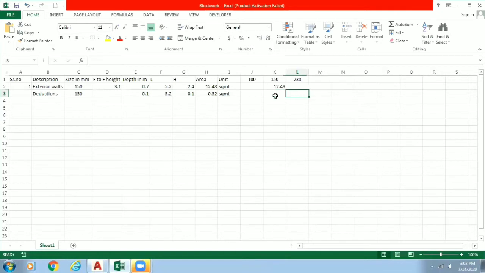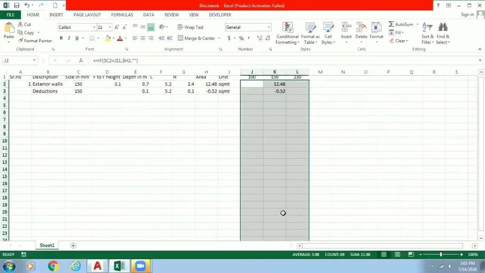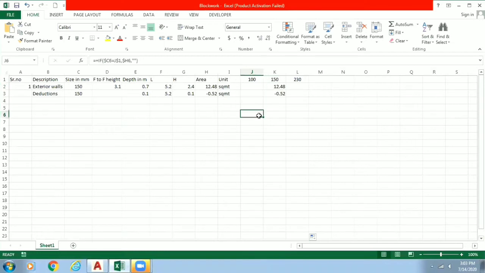Now we don't have our formula here. So what I will do, I will just select all these cells and drag this down wherever I want. So you can see the formula has been fitted in each and every cell. Now also if I change here to 100, it will go in 100. If I make my size 150, it will go in 150. So now just keep in mind that when we consider a certain type of wall, we have to give its deduction there and there.